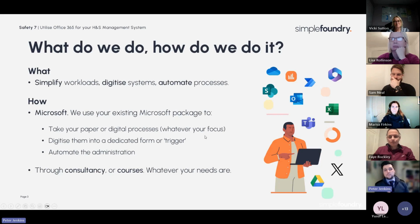So as I say, what do we do? Well, simply put, we use Microsoft to make your life simpler, easier, and better. Really focused on simplifying, digitizing, and automating what you do using Microsoft. Now, I'm confident that everyone in this room has got a paper copy or a paper system or a digital process that works okay, but potentially could be better. And that's exactly where we come in. That's exactly the type of stuff that we want to jump in with and help you finesse, help you perfect, and make sure that it works not only for you, but for your management, and most importantly, for the frontline